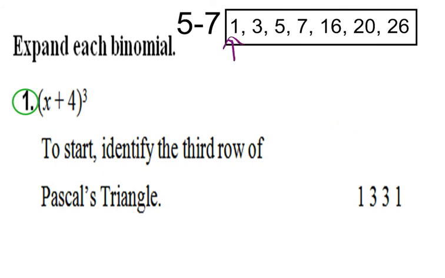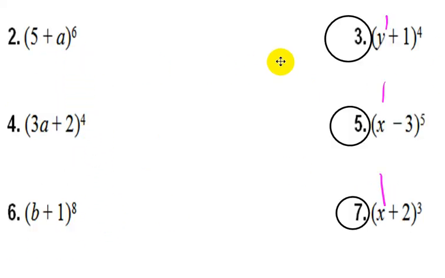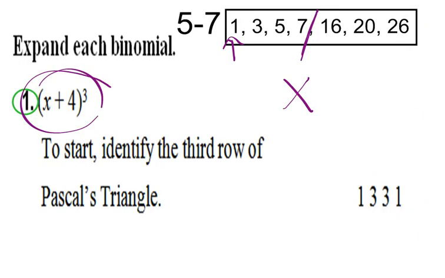So let's do number 1 together. 1, 3, 5, and 7 are simple, single variable expansions. So x plus 4. Look at 3, 5, and 7. 3 is y plus 1, x minus 3, x plus 2. So very simple ones. Then when you get to 16, it's just a question. 20 and 26,